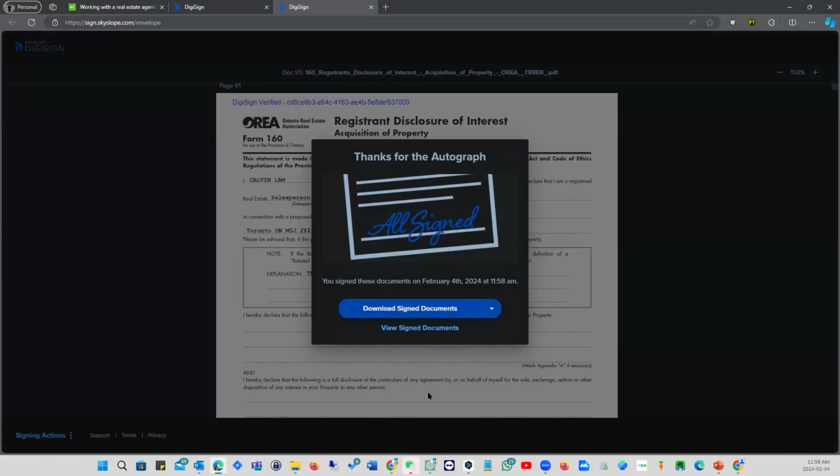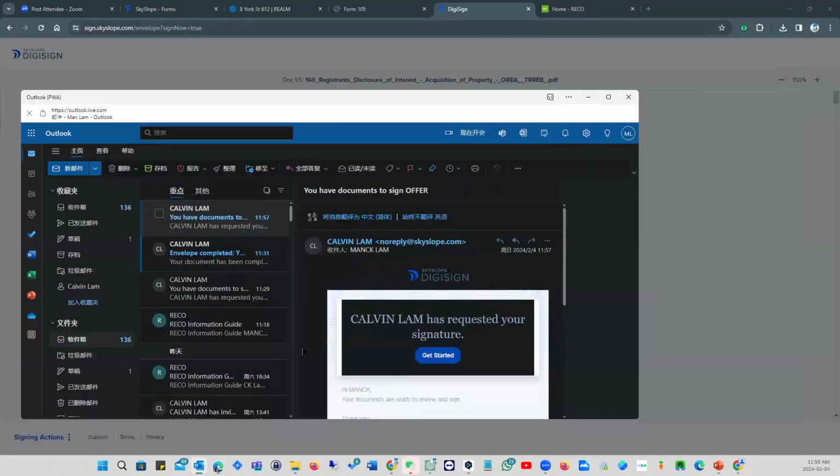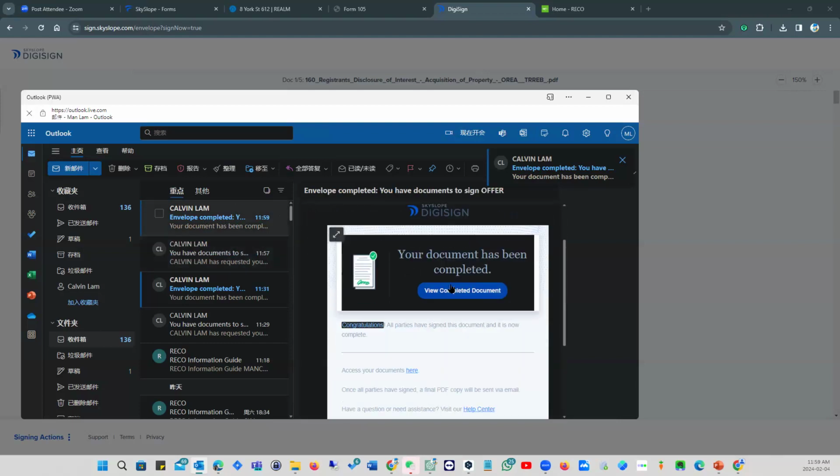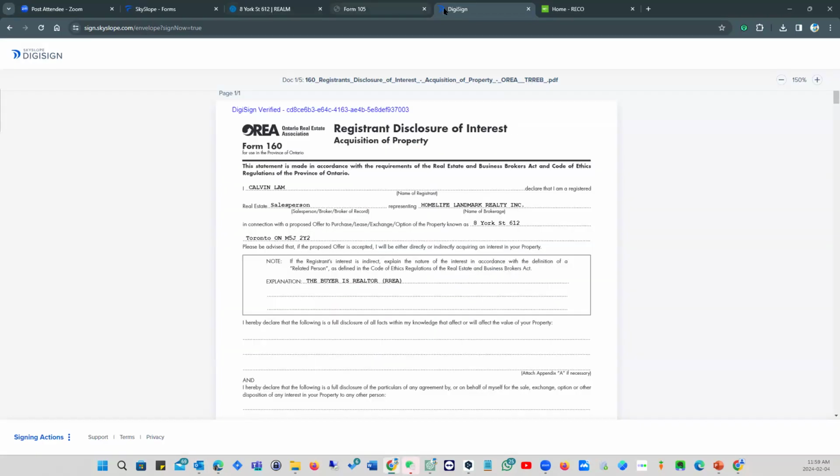Now you as a client can download or do something else, but it's already in your email, you see? So you can view the completed document from your email. That's what I'm saying. Okay, now over here, go back to